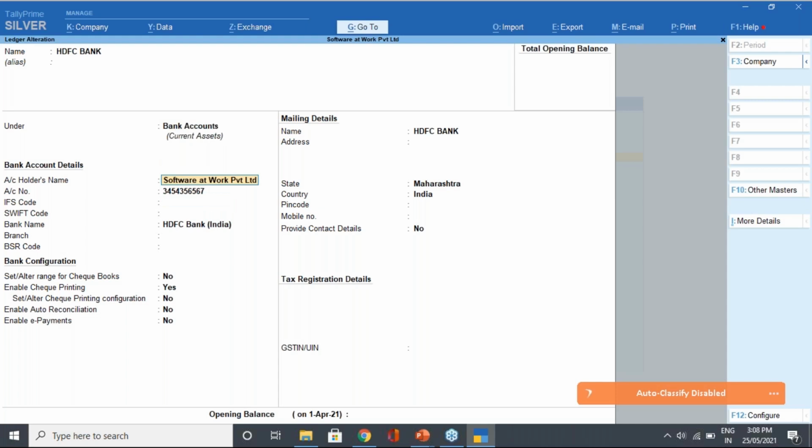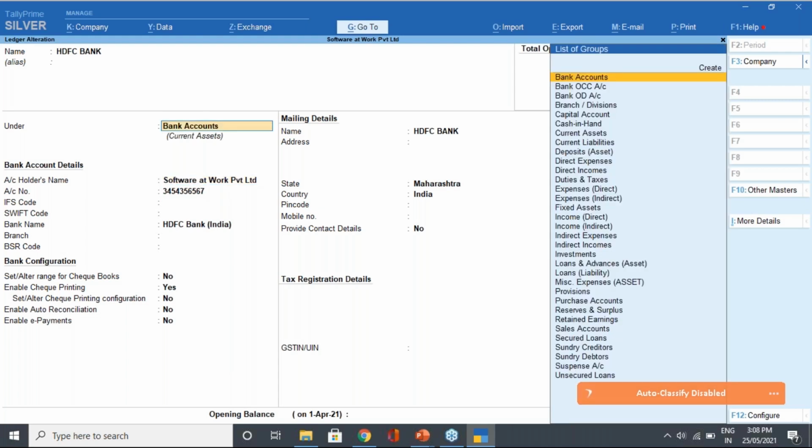So as per your requirement, if you have OCC or the OD account, maintain it under loans and liability instead of giving the grouping of the banks. Many times, people give the bank accounts as the grouping to the OD and OCC accounts. There is no need. We have separate groups, OCC and OD, so that you can manage your accounts as per your requirement. If we have any overdraft account or any OCC account, we can set it for it and we can go ahead.